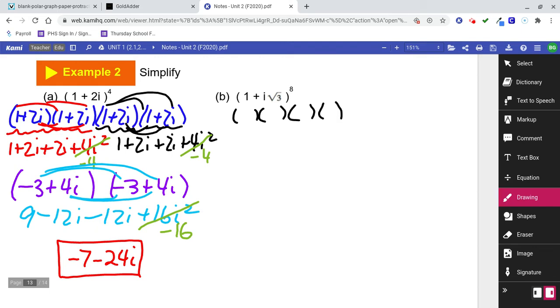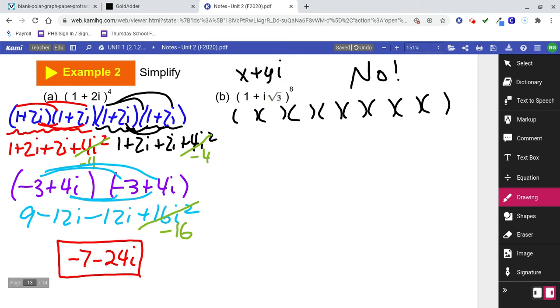We're going to have to do the same thing, like FOIL it out a whole bunch of times, okay? No way. I don't want to do that, okay? I wouldn't think you'd want to do that either. I'm not going to FOIL this out like a million times, and we don't have to do that because we can do kind of what we did before. We can change this thing from